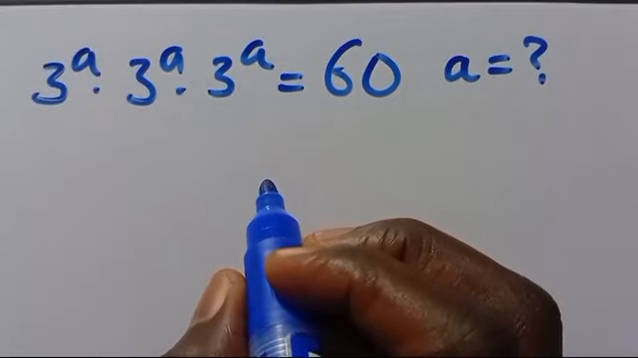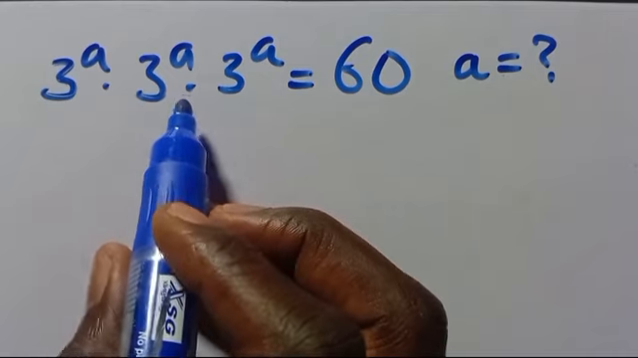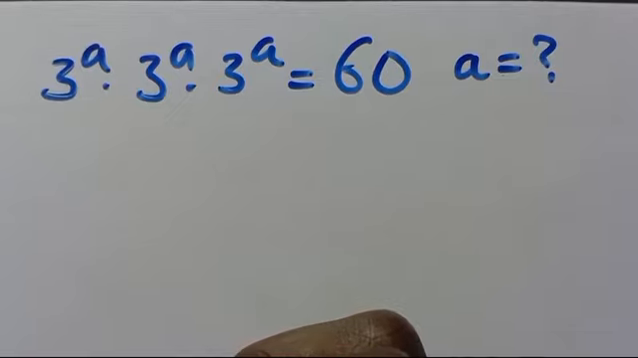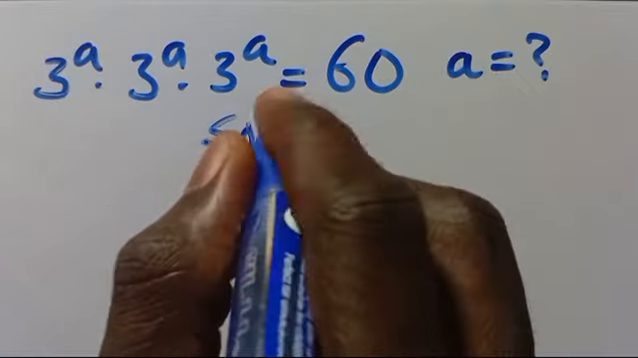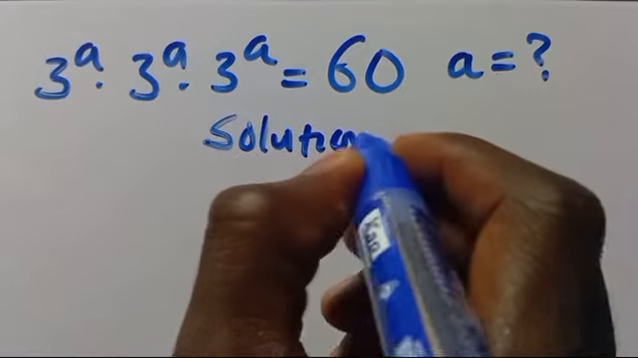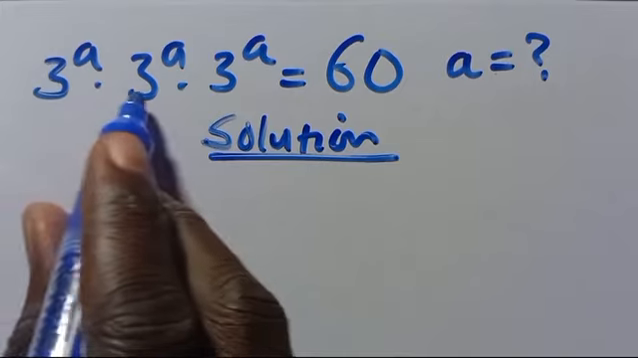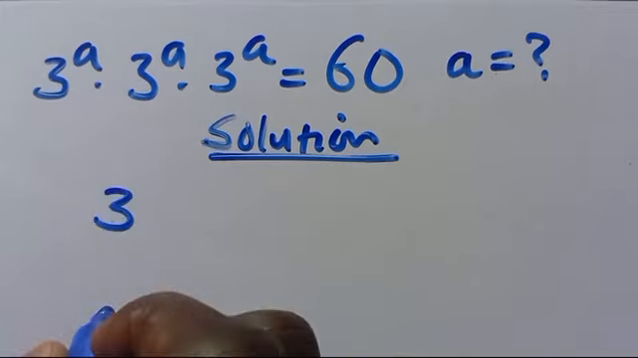Find the value of a, given that 3 to the power of a times 3 to the power of a times 3 to the power of a equals 60. So from here, we have the solution. 3 to the power of a is common. We can factor it out as 3 to the power of a. Then we add the powers together, a plus a plus a